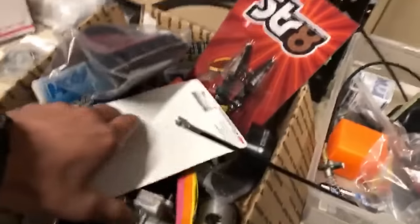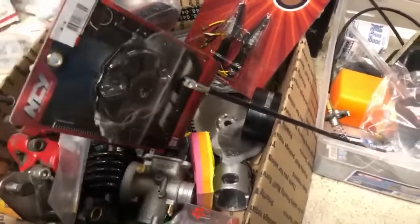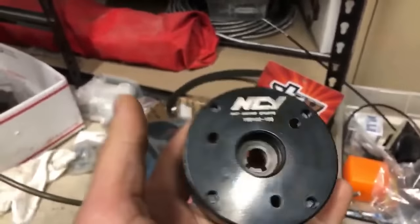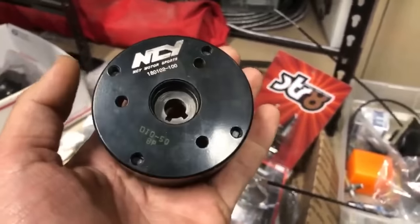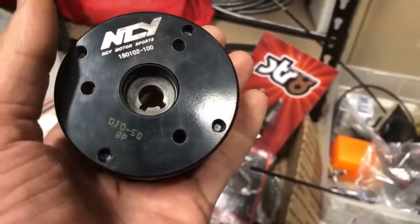Nice try though. On the NCY, I got a bin back here with a bunch of random miscellaneous. I'm tired of looking at it. It just gets thrown in here. I got a bunch of good stuff, but I already got to put it in. So you have two different keyways on the NCY rotor, and guys, I only have 3 of these rotor kits left. So that's the last of the production. I may make them again, I may not. I'm on the fence. But if you want this kit, DD50, ZX50, AF16, AF18,